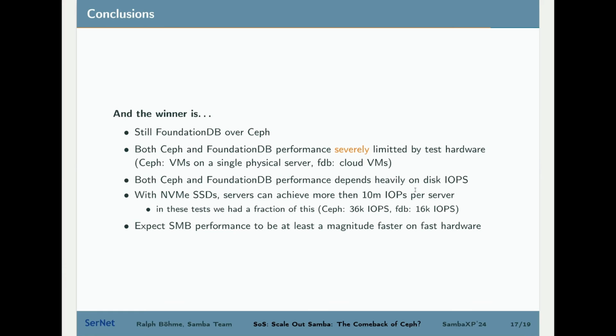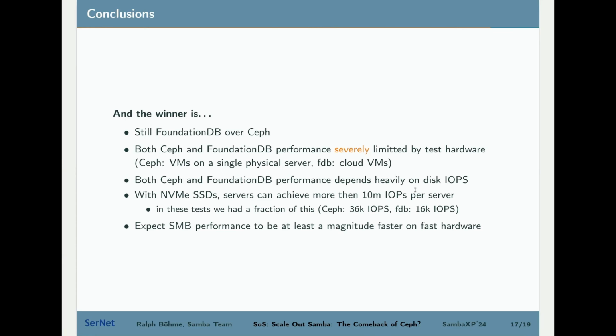So what could you expect from these tests, right? What we really need are servers with a lot more scalable disk storage, NVMe SSDs. I did some quick research and found results where a single server was capable of serving around 10 million IOPS when using several NVMEs.